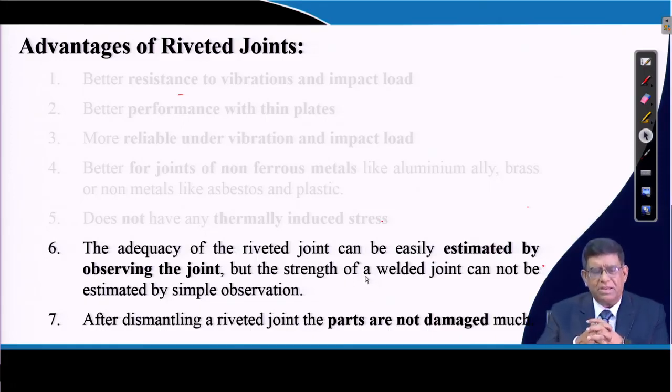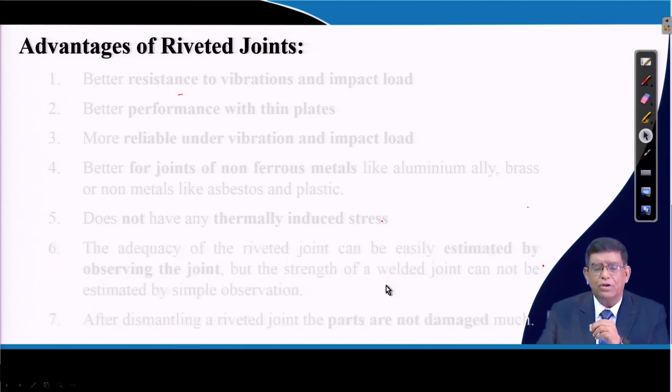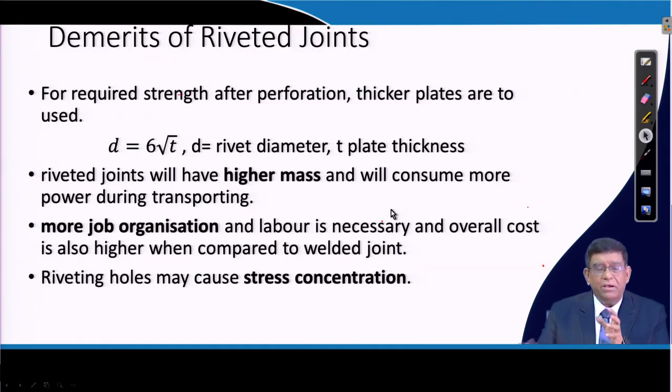But one thing is there, you will find a lot of holes will be made. Exactly, when you make riveted joints, you are making a lot of holes in the main parts. So that way the parts get damaged. Moreover, as you have seen, whether it is a lap joint or butt joint, you use an extra plate